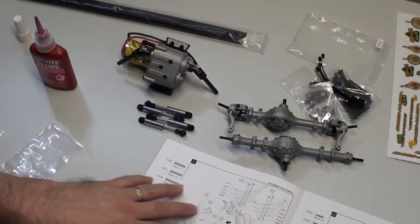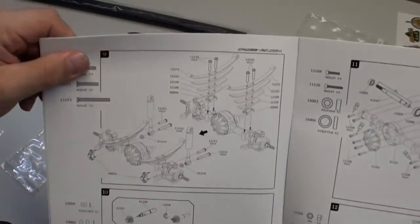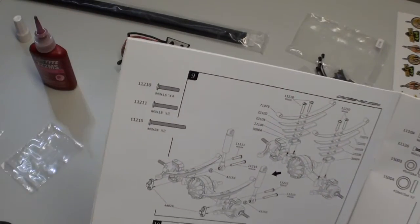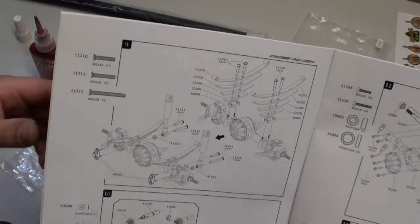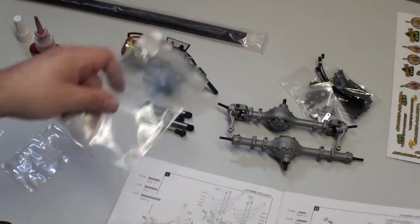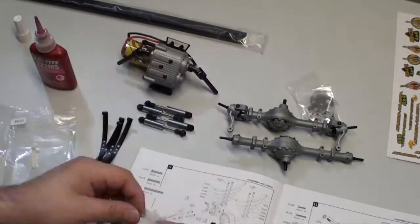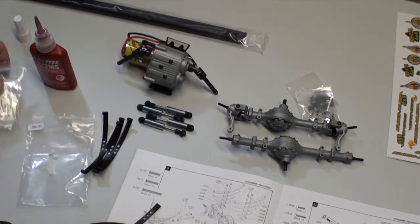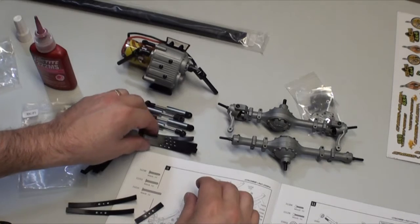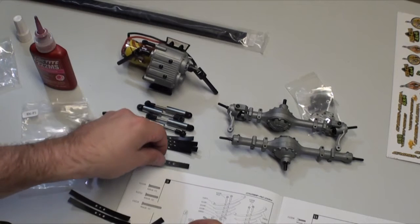Now we know that right now all of these parts right here, all of our leaf parts, are all going to be coming from bag F. As we saw earlier, all the bags are layered out in the first part of the manual. So we know that that's where these are at, and I've already opened them. We'll just untape that there. Now I'm going to be willing to bet that the way that they built these leaves, with the fiber, or with the plastic,